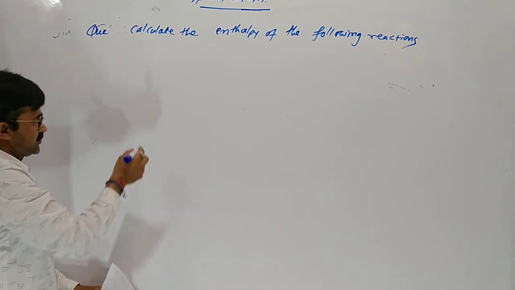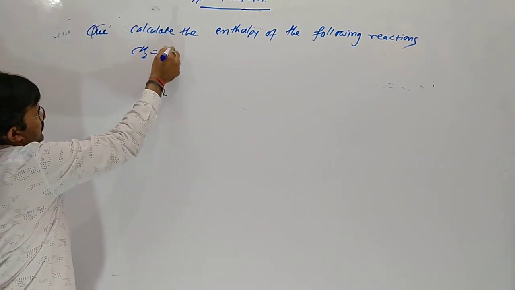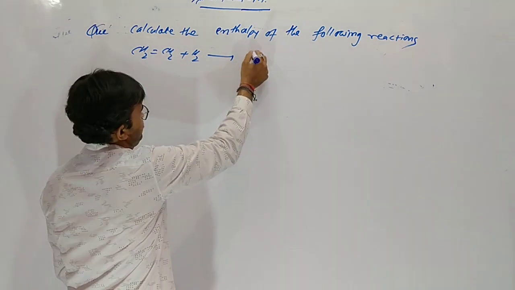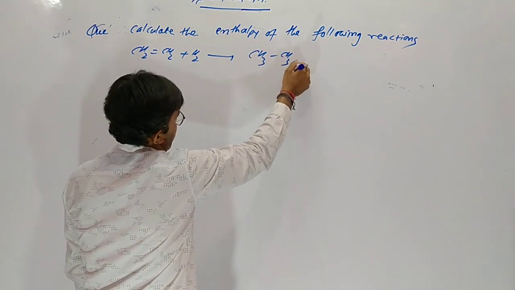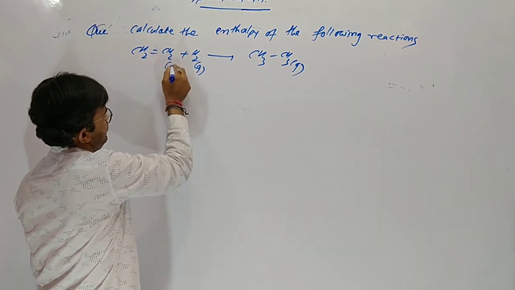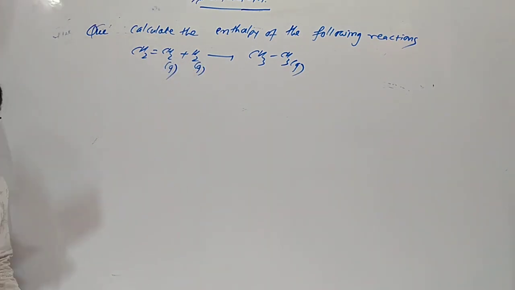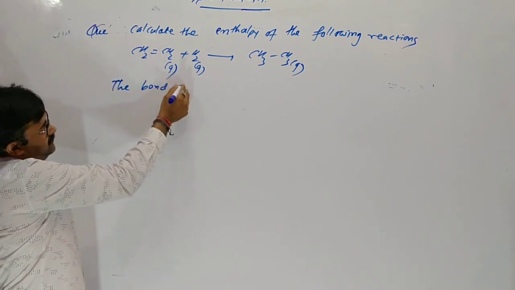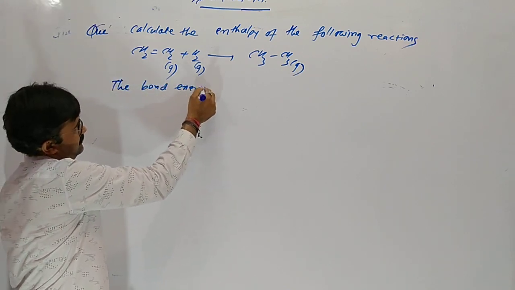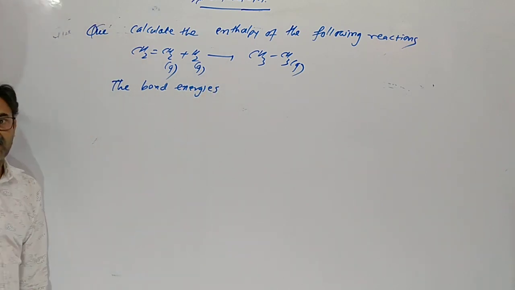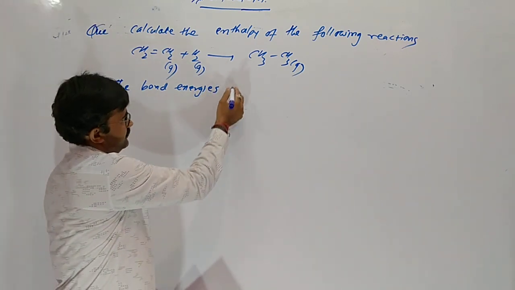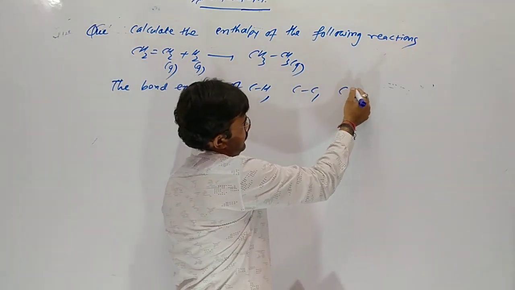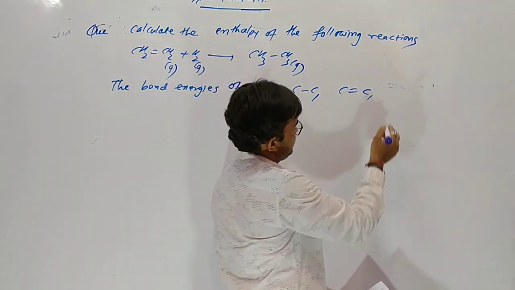Reaction is CH2 double bond CH2 plus H2 gives CH3CH3. The bond energies of CH, carbon hydrogen bond, carbon carbon double bond, and